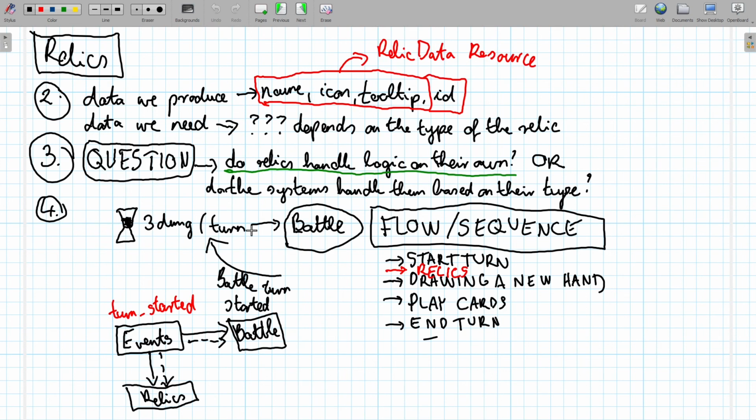In terms of data, we can't really say much because the data we produce is easy. It's just like a data container for the UI of the relics: the name, the icon, the tooltip. But the data we need is super dependent on the type of relic. And we ask these big questions like, do the relics handle the logic on their own? Or do the systems handle them and sort of filter through them? And to avoid coupling, we decided to go with the first one, which presented a new problem of